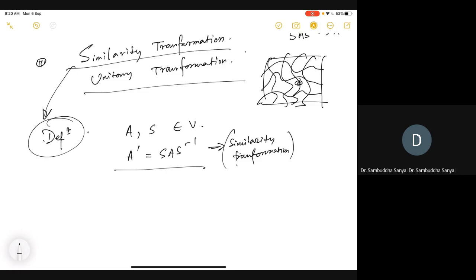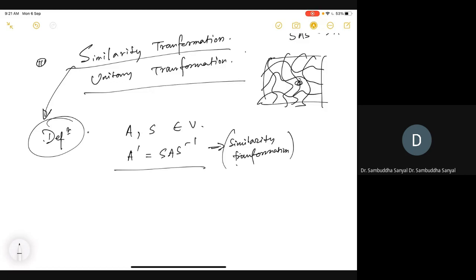Now you might say that there are many ways to get one matrix from another. If I have an operator, I am using the word matrix because it's just easy to do, but right now I have not yet made that connection. That I'll also make. Like some operator on a vector space, there should be various ways to get another operator. Like you act another operator and then you get another A prime or something else. Then why this particular way, SAS inverse? We'll see that it has several very desirable properties, and that is why we are defining it in this way. So the way to get one operator from another operator is defined in this form in terms of another operator called S.